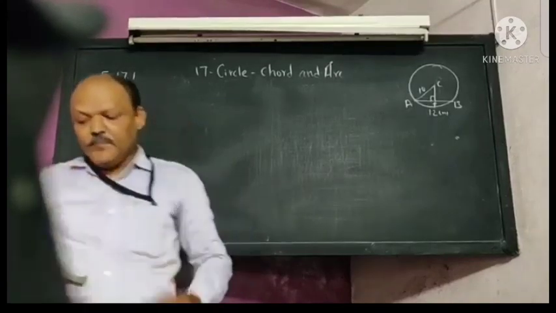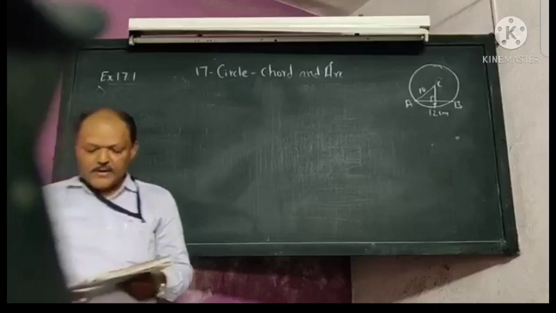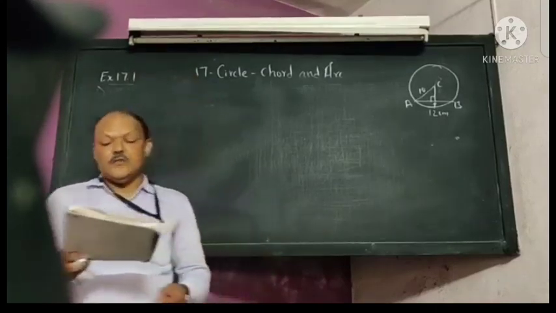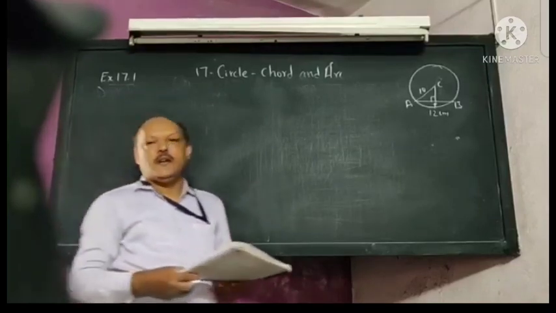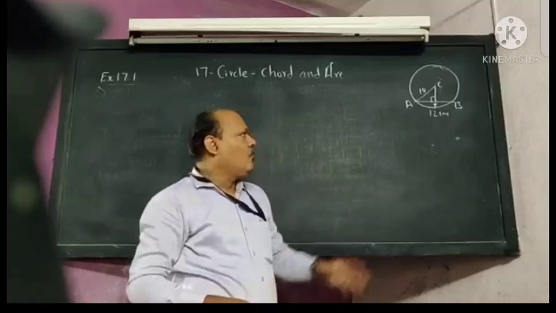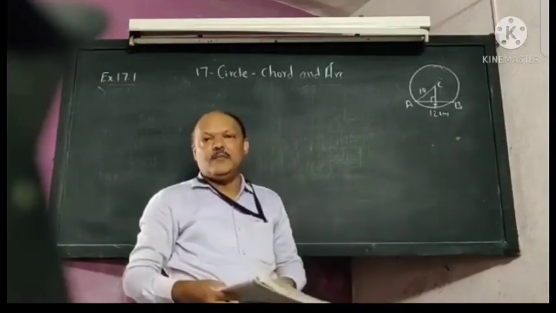Okay, sum number 4. See the center of a circle whose radius is 10 centimeter. Find the distance of the chord from the center if the length of the chord is 12 centimeter. It is similar to the second sum we have done today. But here in this sum the diagram is not given to you. So whatever alphabets you are taking, that is not given in the diagram, you have to describe it.